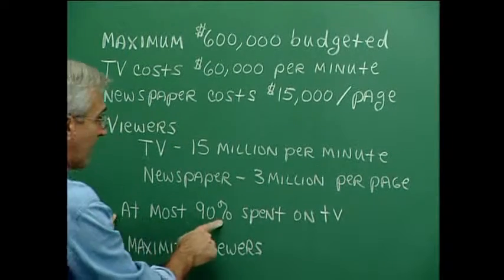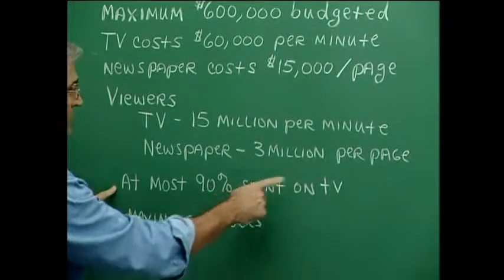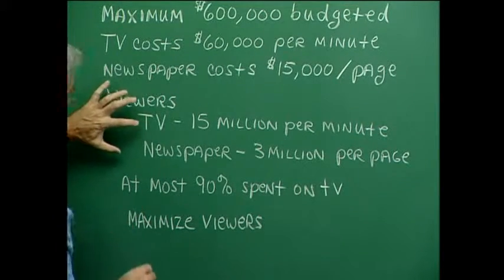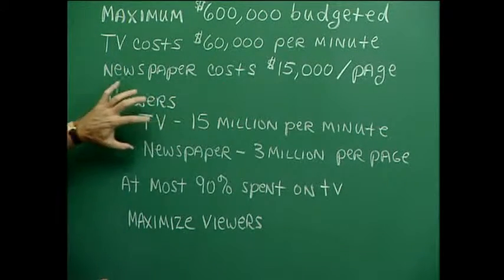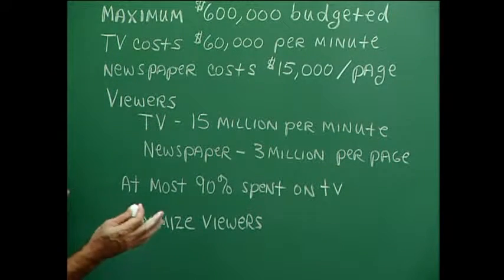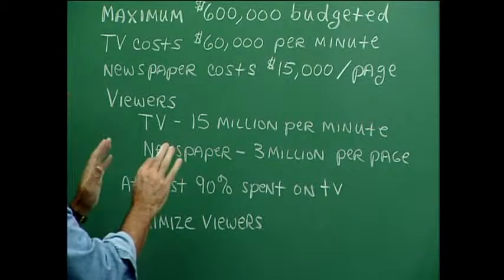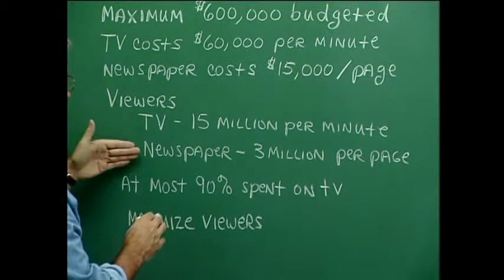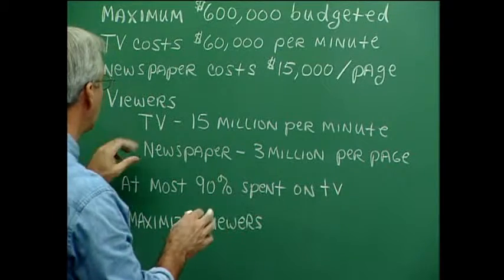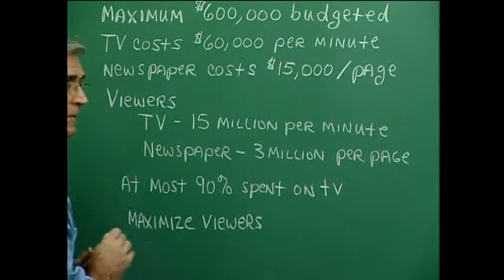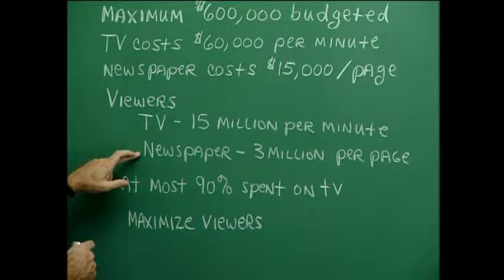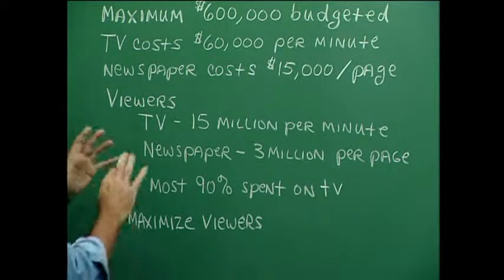At most, 90% of the budget is to be spent on television, and we want to maximize the viewers. Well, as soon as we hit this viewer information, we could have stopped right there and made our objective function. All we need is some kind of relationship having to do with TV time and newspaper pages. And so we need some kind of variable to stand in for the television minutes and the newspaper pages. Let's let X stand for the TV minutes and Y stand for the newspaper pages, and boom, we have our